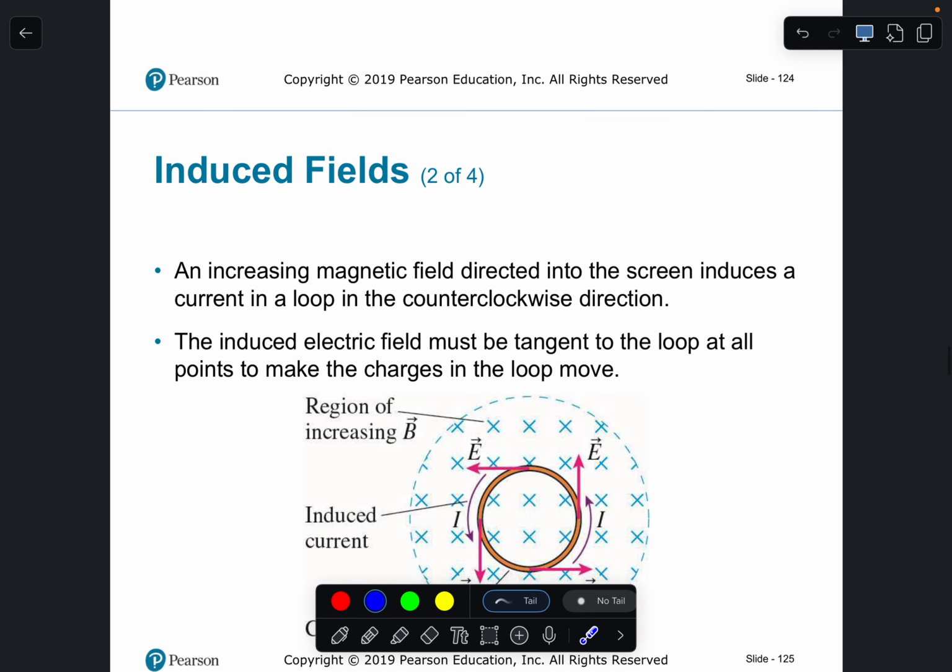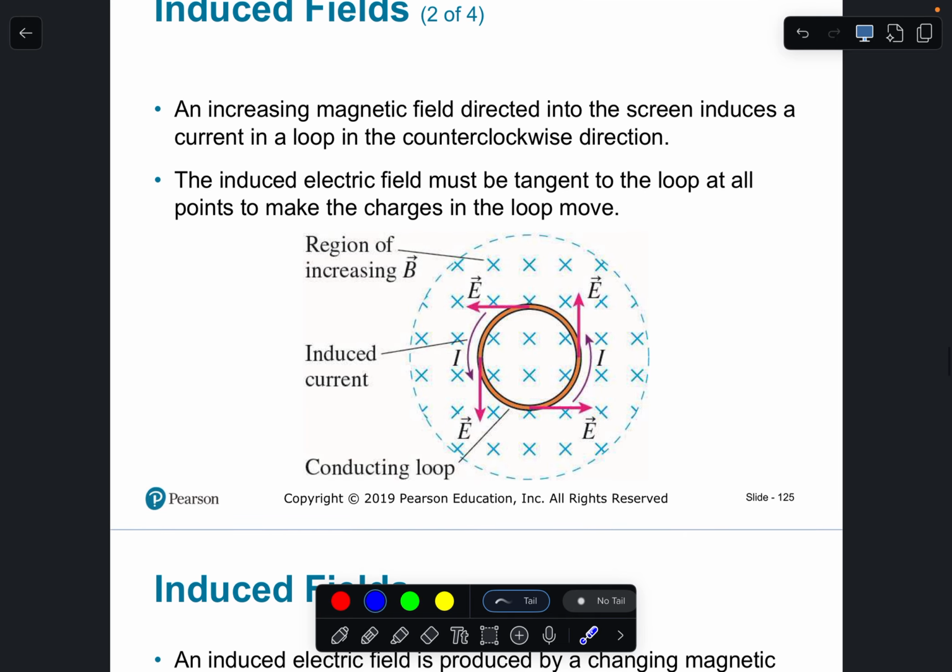Okay? So here's another picture. This is the same picture, except we're looking down the tube of the solenoid, except now the ring is inside the solenoid instead of being outside of it. But the geometry is the same, right? If you have a magnetic field pointing into the page and it's increasing, right? The magnetic field is increasing into the page. Lenz's law states that an induced magnetic field will be created to oppose that. So our B induced will be out of the page, and you can see our current will be in a